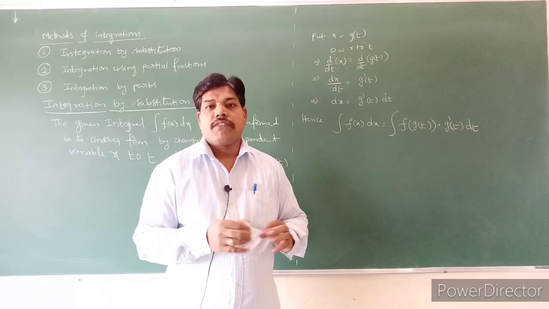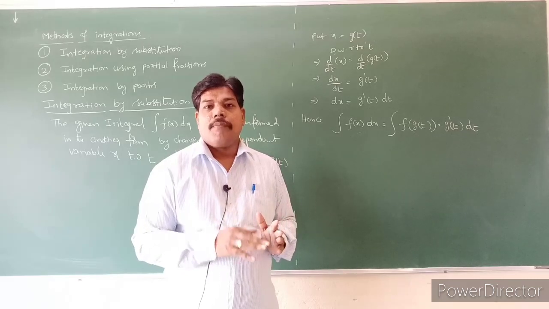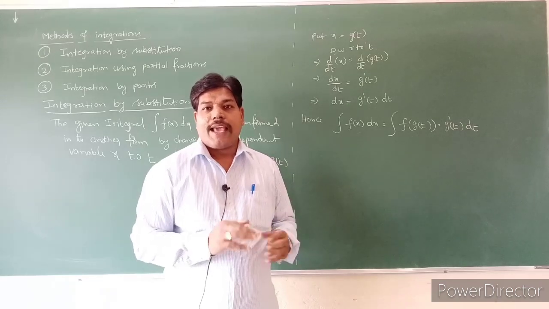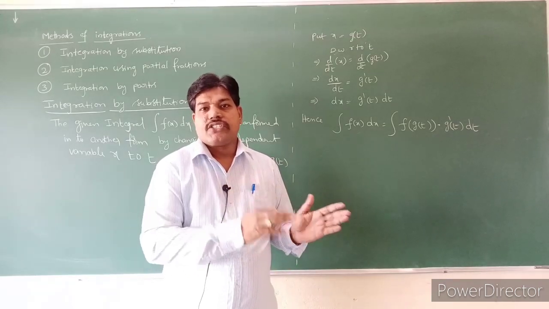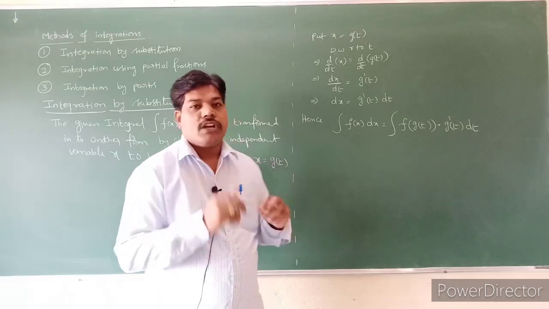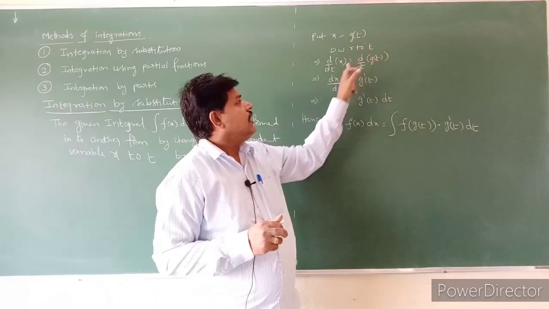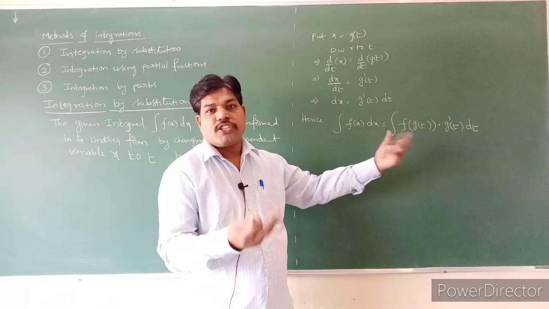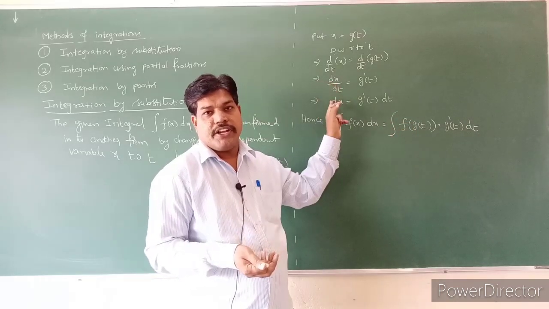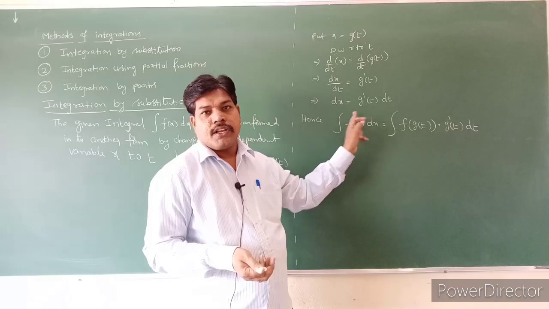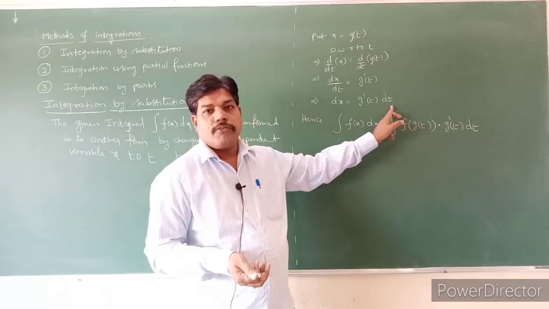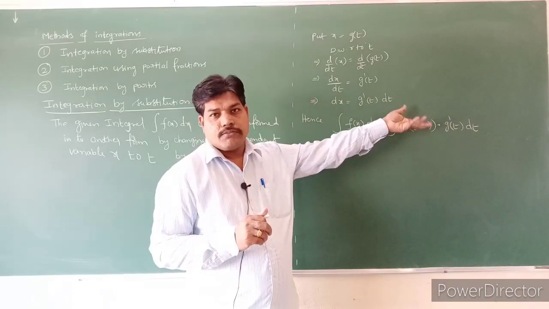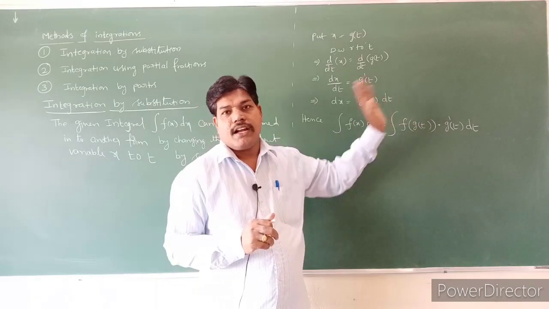See students, what is the meaning of the method of substitution? First you have to change the given integral into another form by changing the independent variable x to t by substituting x is equal to g of t. If x is equal to g of t and you differentiate with respect to t, dx by dt is equal to g dash of t, so dx is equal to g dash of t into dt. In the next models we won't take dx by dt like this. We will write directly dx is equal to g dash of t into dt. We will write this term in the next questions. In the x side we will take a dx, and in the t terms, on that side we will write a dt directly.